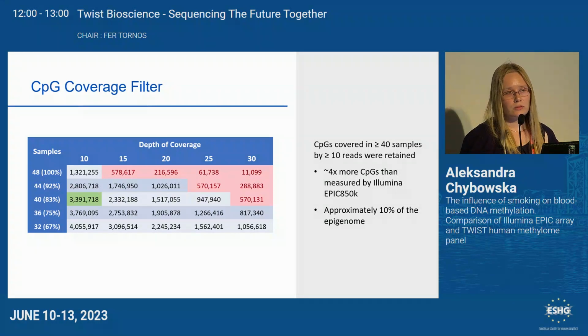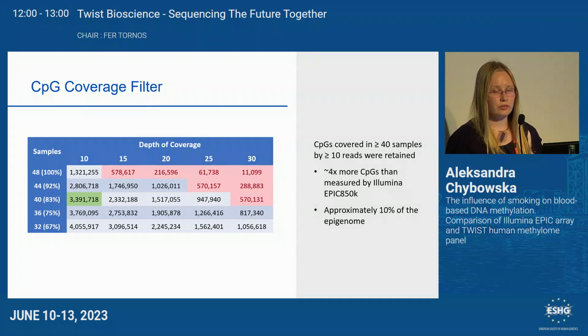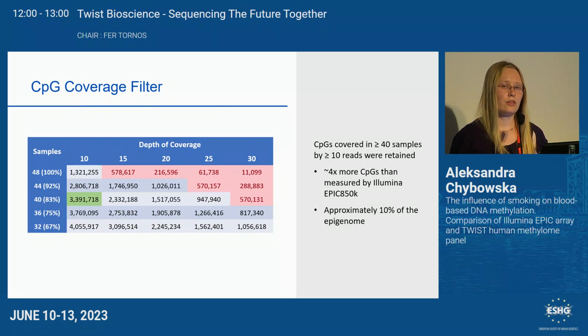It is possible to filter your data as part of post-processing of bedGraphs, and methylKit has implemented two main filters. The first is a SNP filter, which allows you to remove all CpG sites that overlap with C to T polymorphisms. The other is a coverage filter, which allows you to remove all sites covered by a low number of reads. We want high depth of coverage because this increases our confidence in the